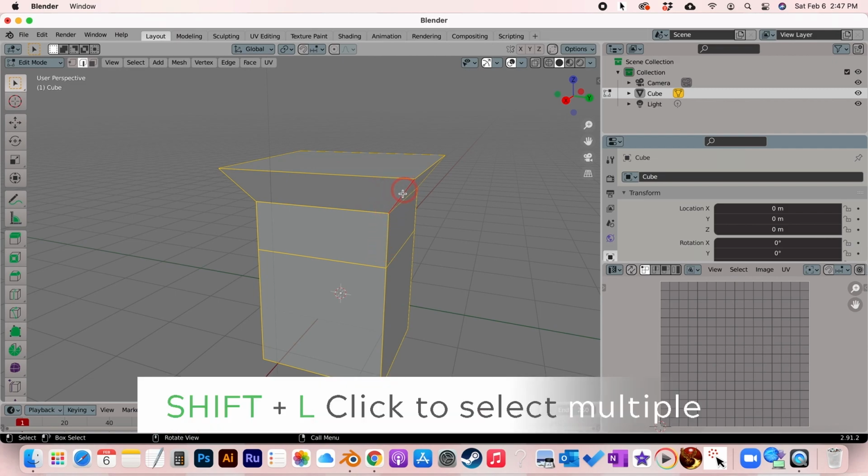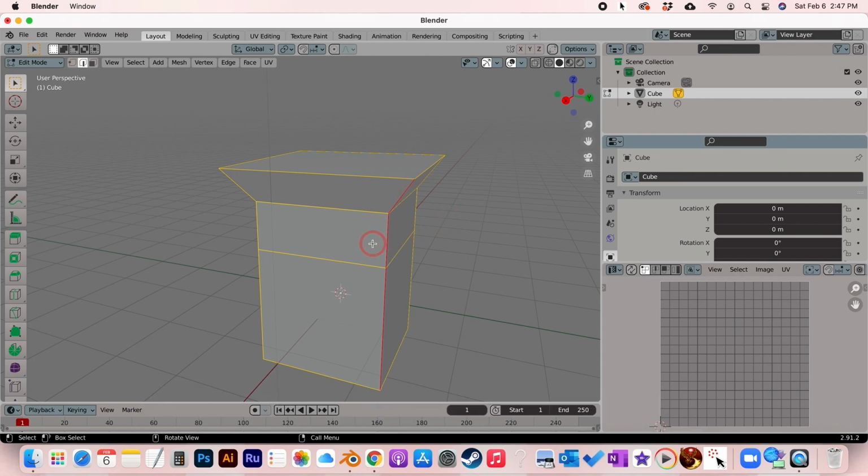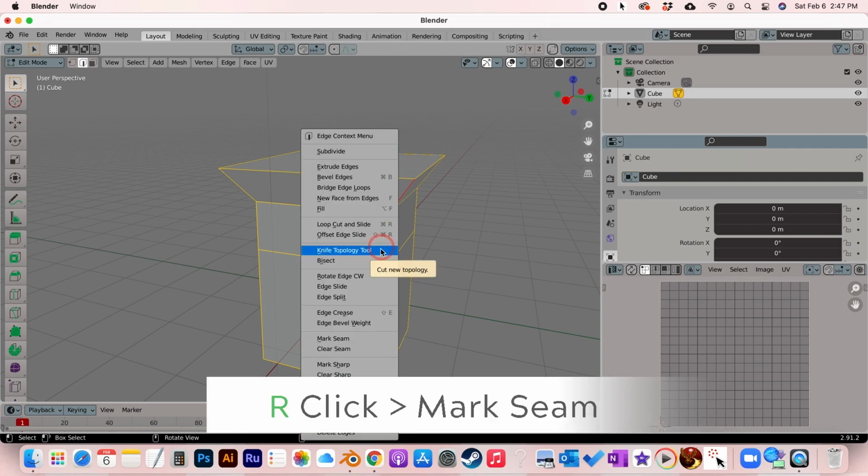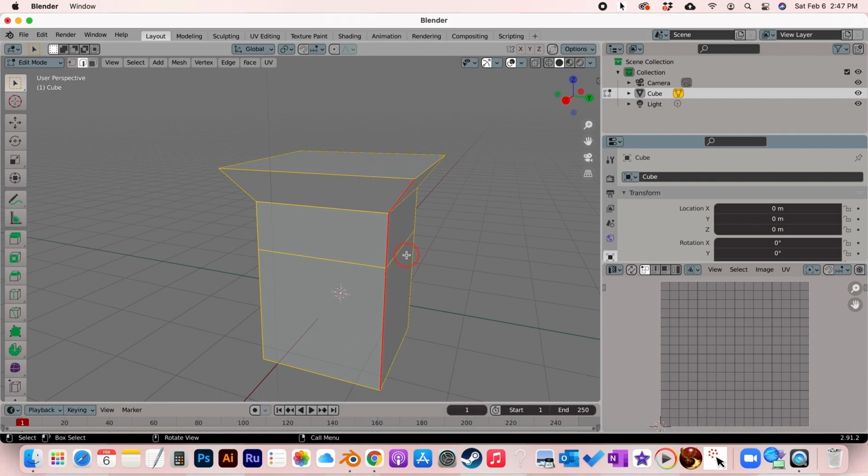You can see it's highlighted in red, hopefully you can see that, and I want to hold shift and select the second edge and then shift and select the third edge, so I have this whole edge of this shape selected. Now what I want to do is right click and choose mark seam, which is down here. Now you can see that if I deselect my mesh,